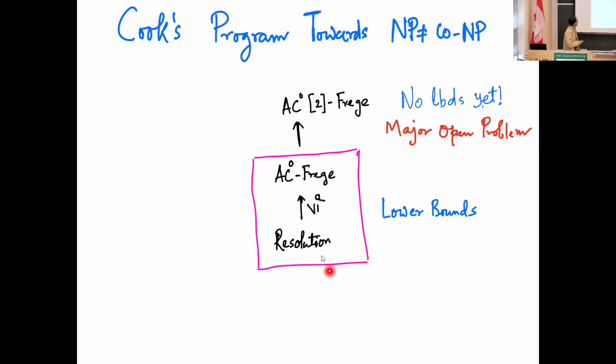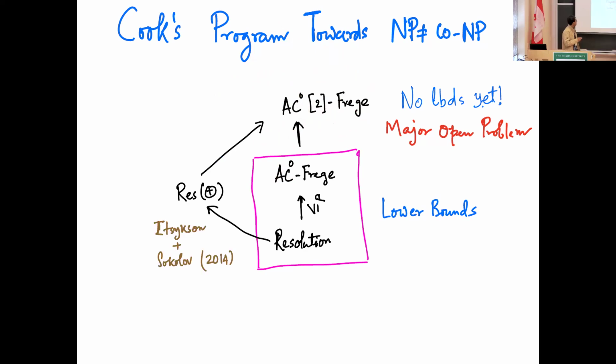These three proof systems would be relevant for us. At the bottom is resolution, which is a very basic proof system, which is p-simulated by AC0 Frege. AC0 here means constant depth. And we have lower bounds up to here. And then this is contained in AC0 Frege with the mod 2 primitive added. Of course, we have known circuit lower bounds for AC0[2] for a long time, but in the world of proof complexity and propositional proofs, this is a major open problem. Not much progress has happened.